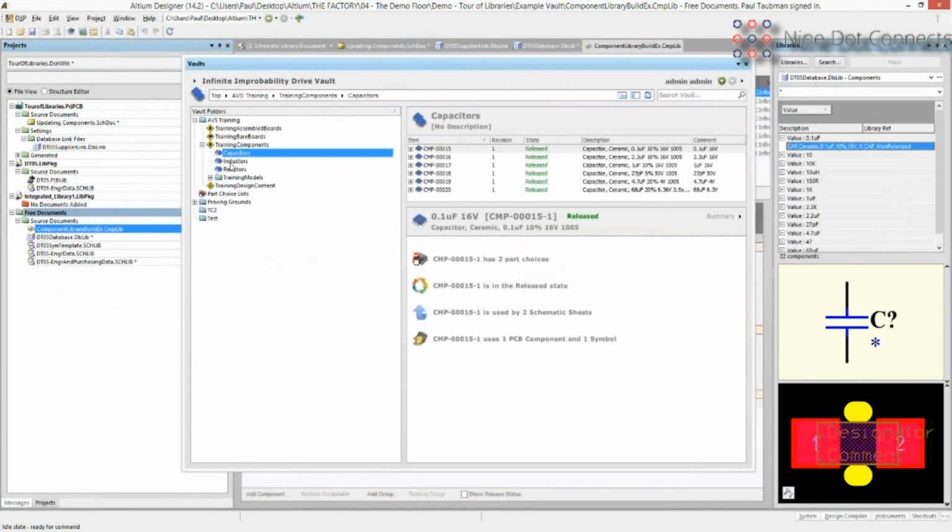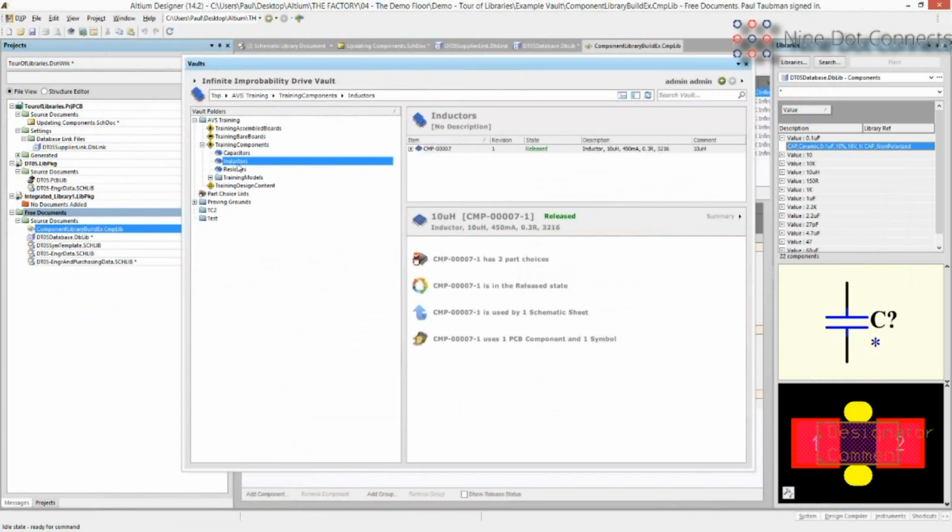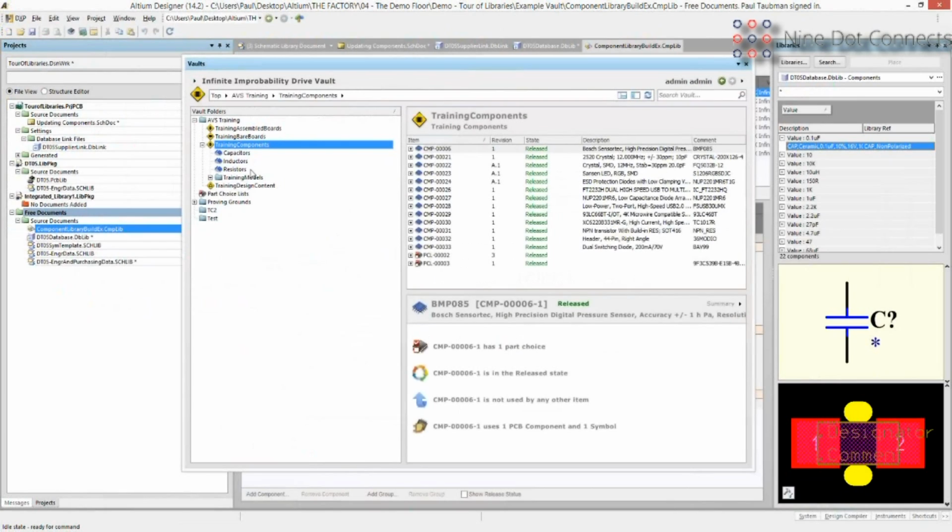So let's go over here. So here's an example of different things, and you can set this up as you see fit. I do have different directories, for example, for capacitors, inductors, resistors. I also have these over here for these other ICs as well. So however you want to set this up. But the point I'm trying to make here is that, as I mentioned earlier, if you're going to use a Subversion